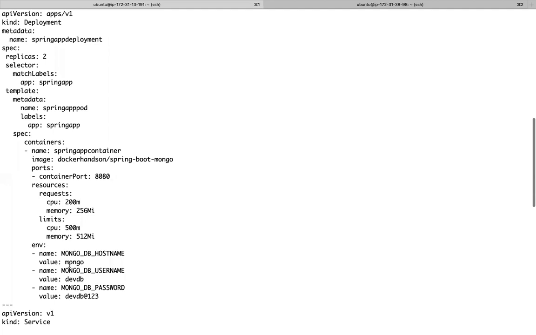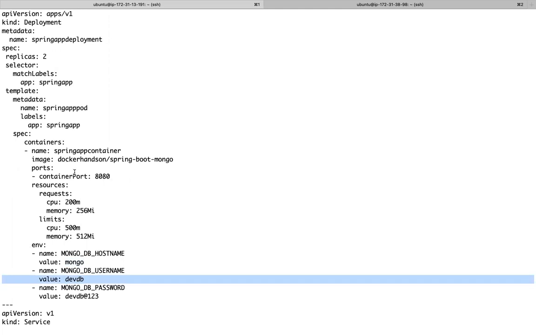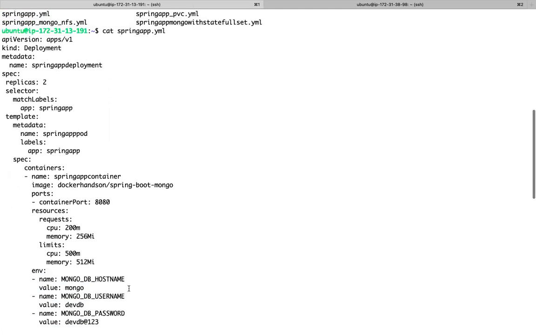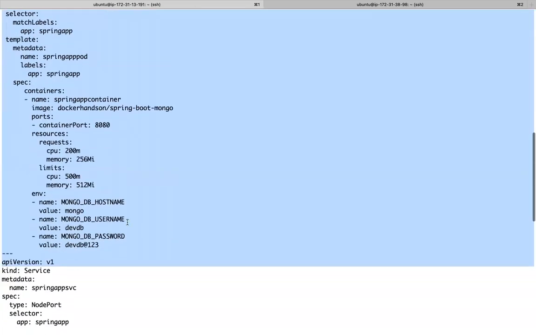Can I use the same manifest? If I use the same manifest, can I use the same manifest?